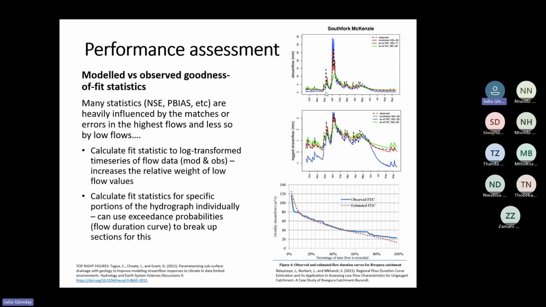The top graph shows different versions of a model, and the observed is in black. This is normal runoff or stream flow, plotted as millimeters. You can see the fit looks pretty good, but when you take a log of the stream flow, it condenses. The log is like looking at exponential power, and it spreads out the low flows. So now you can see more clearly that